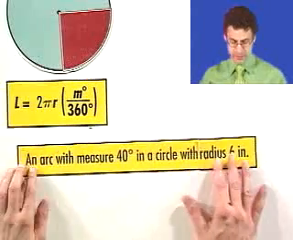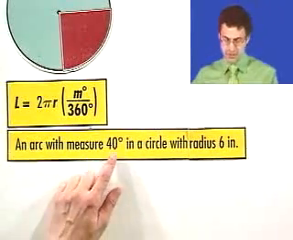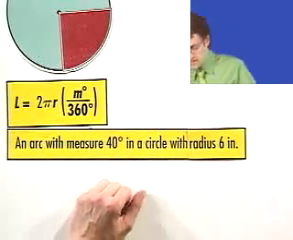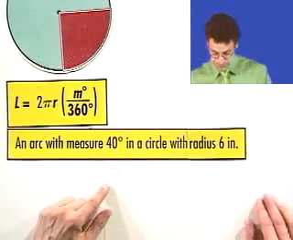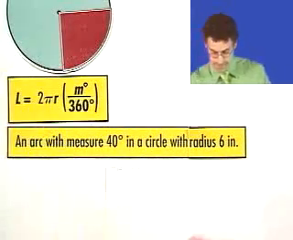So let's suppose that we want to find the arc length of an arc that has a measure of 40 degrees in a circle with radius 6 inches. So how would we proceed? Well, we'd use the formula. So we know